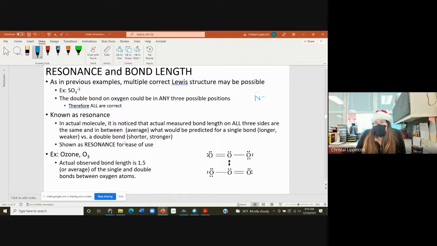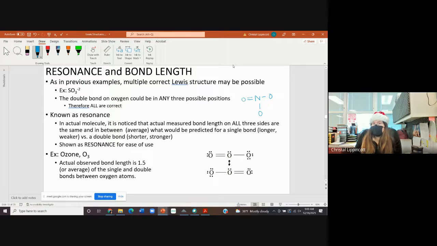You could have drawn nitrate with the double bond here, or you could have drawn the nitrate with the double bond here, or you could have drawn it with the double bond here, okay? All of those structures would be correct,